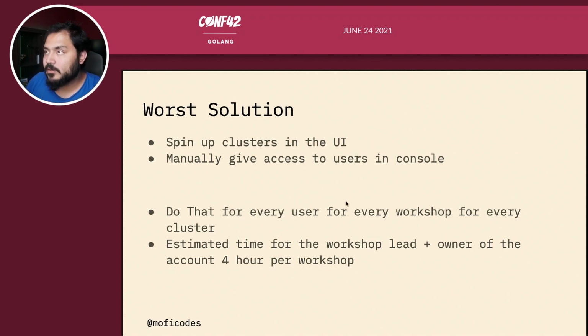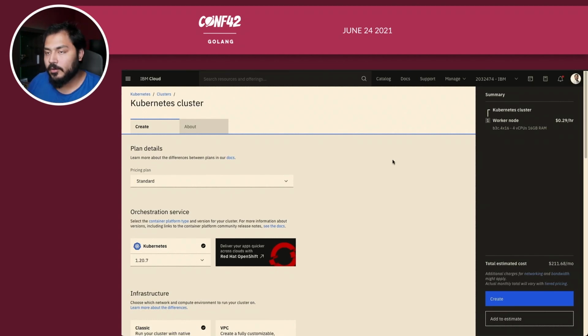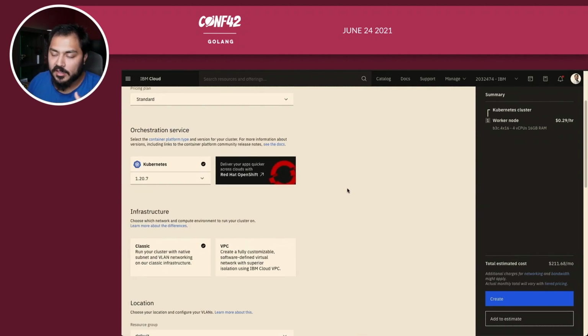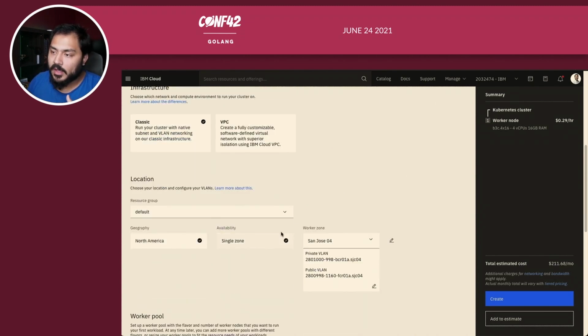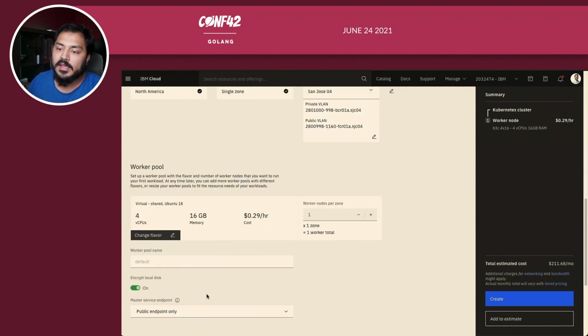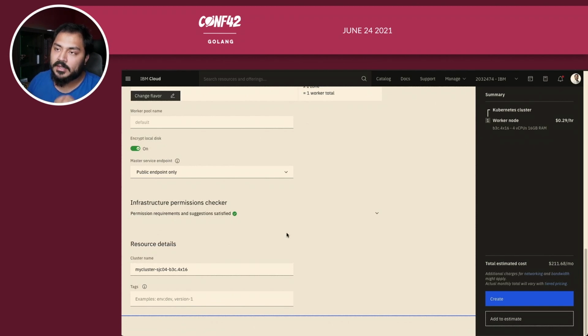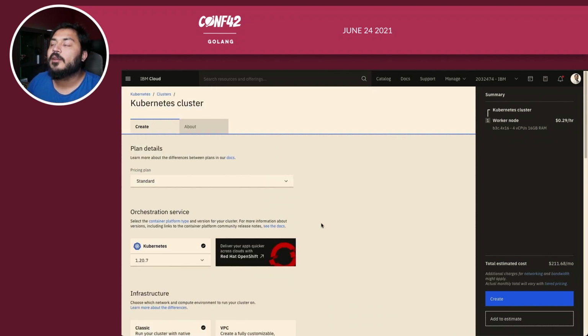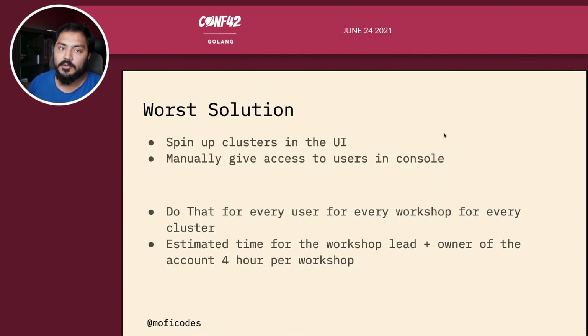So again, in our cloud UI, you can go in and you can select things and select Kubernetes version, classic, VPC, or different location. You can select different size. And you can just create one cluster, then repeat the process over and over again for each of the individual clusters. And that is not scalable, and nor is it something that we can do efficiently and save time, because